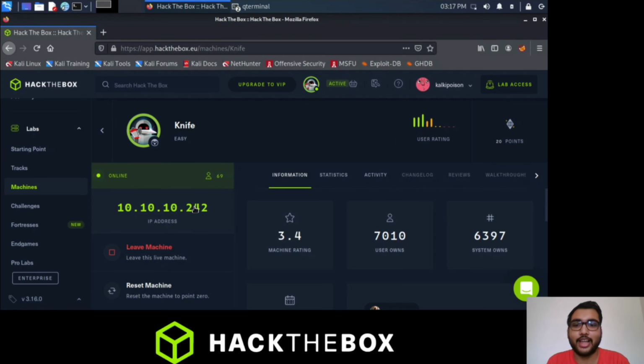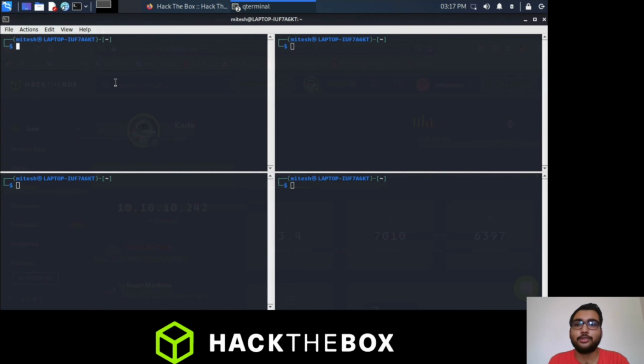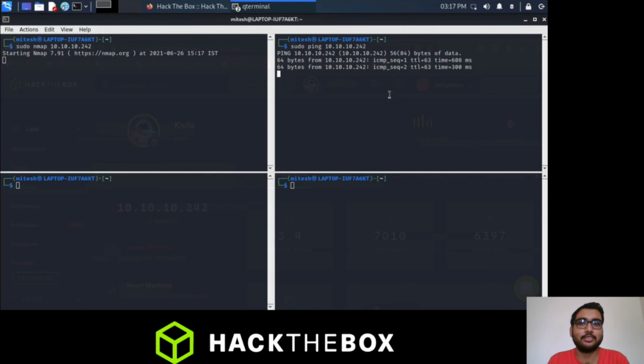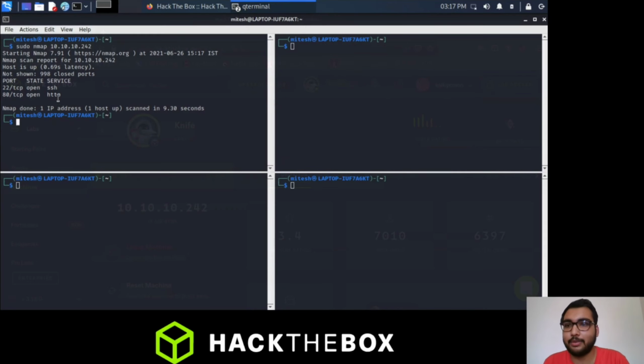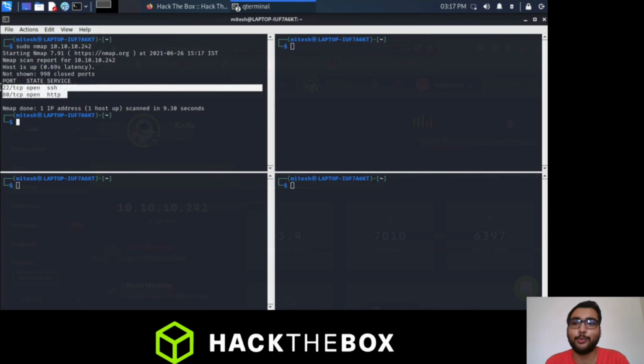So yeah, we got our IP. Let's copy our IP. First of all, we will do a simple nmap scan for that IP, so that the command can run quickly and we can cross-check whether we can connect to that IP. Yes, we can connect. I just did a ping request and I got results from nmap that this IP is running two ports, one is 80 and one is 22. So it is the HTTP and SSH ports.